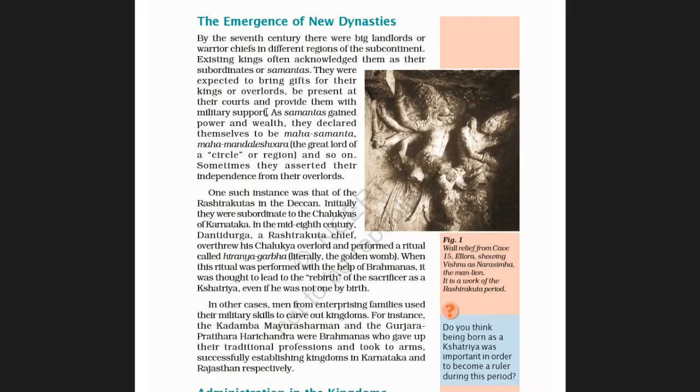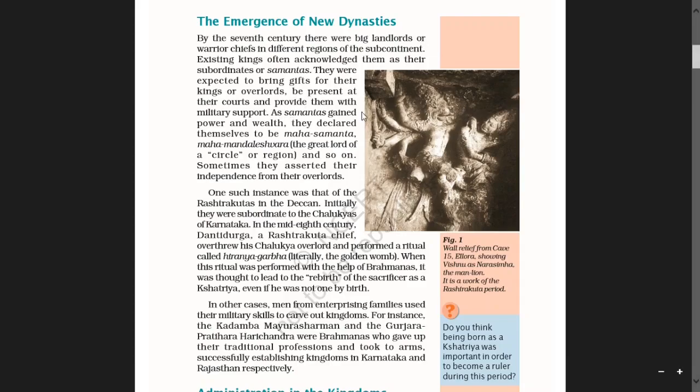They were expected to bring gifts for their kings or overlords, be present at their courts and provide them with military support. The samantas used to provide the king with military support.